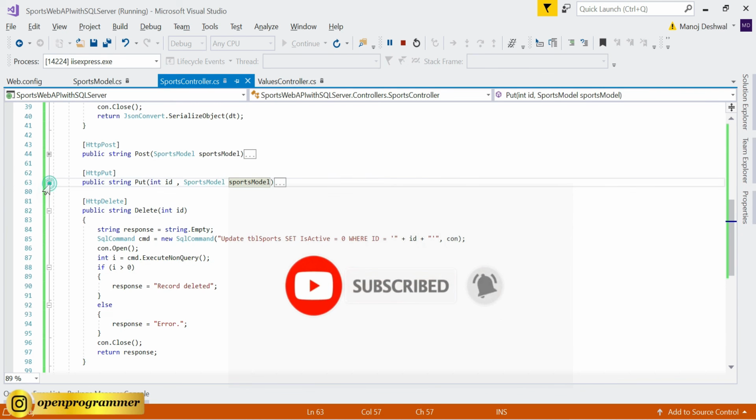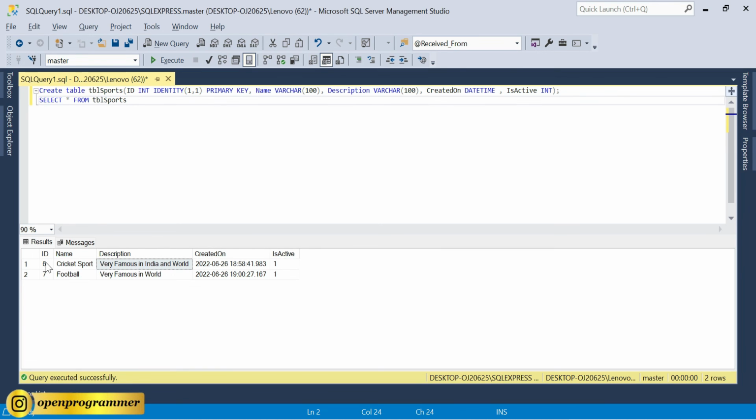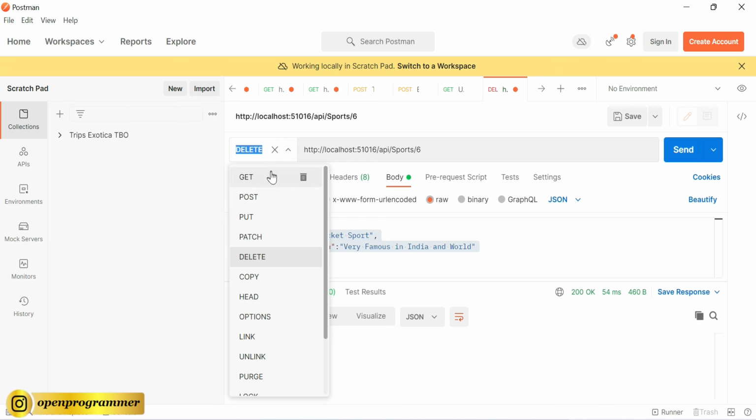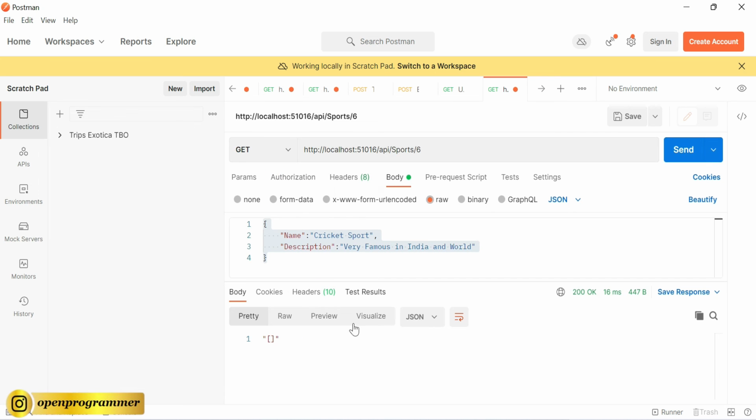Now let's come to the final method, which is DELETE. For delete we only need to pass an ID. Let's say we want to delete this ID, 6, which is cricket sport. So go to Postman, change your method to DELETE, and for this we don't need the body, we only need this URL. Click on send, see record deleted. If you again try to get all records,